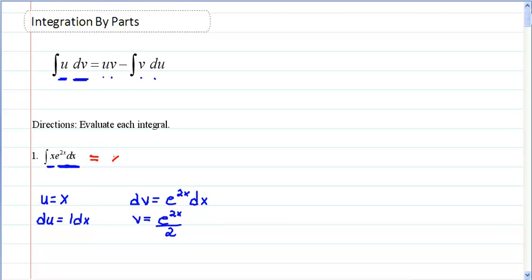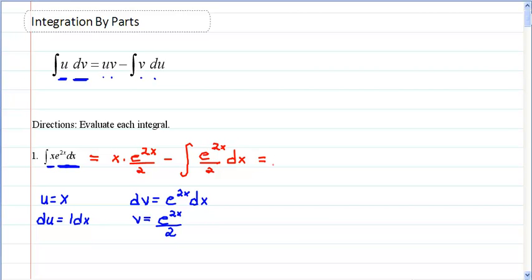So u is x, v is e to the 2x over 2, and then minus the integral of e to the 2x over 2, and then du is just 1 dx or dx,